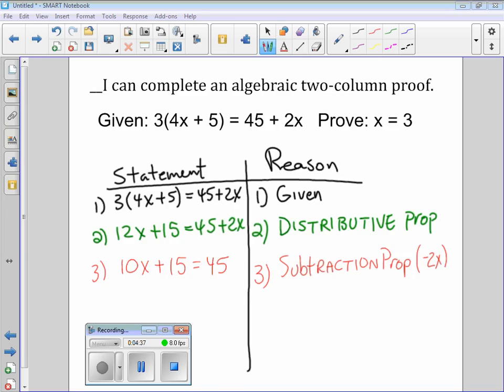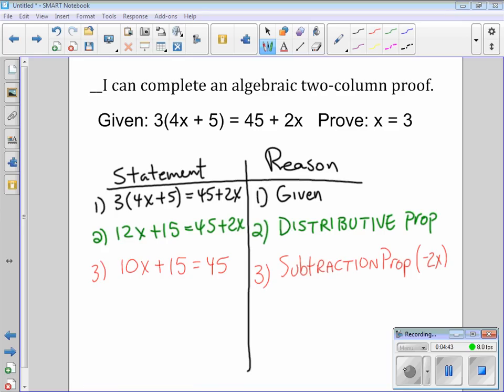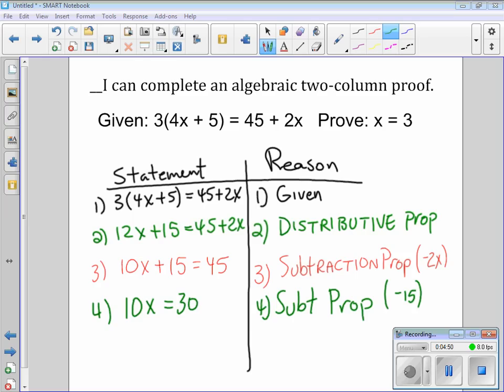And so I usually put in parentheses what it is I subtracted. Well, I subtracted 2x from both sides. That makes it easier for the reader to figure out what I did. All right, off you go with number 4, line 4. See if you can figure it out on your own. It's not such a hard one. All right, let's go do number